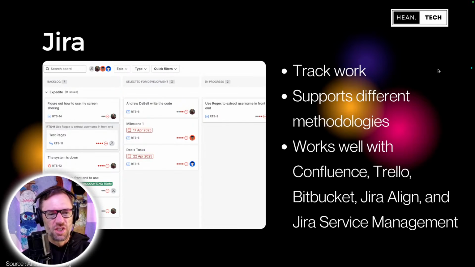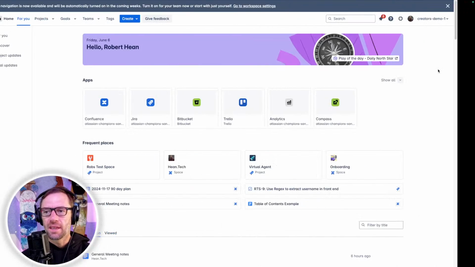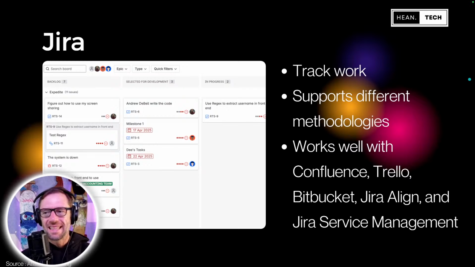And then, of course, we have Jira itself. The challenge with Jira, in my mind, is many people assume and think it is solely for software developers. And really, it can track any type of work. And you'll see a lot of this coming from Atlassian, that they're pushing and nudging it more towards just general work management. They got rid of the Jira Business or whatever they called it, and they're opening it up more and providing more features to make it more user-friendly for the average person in an organization.